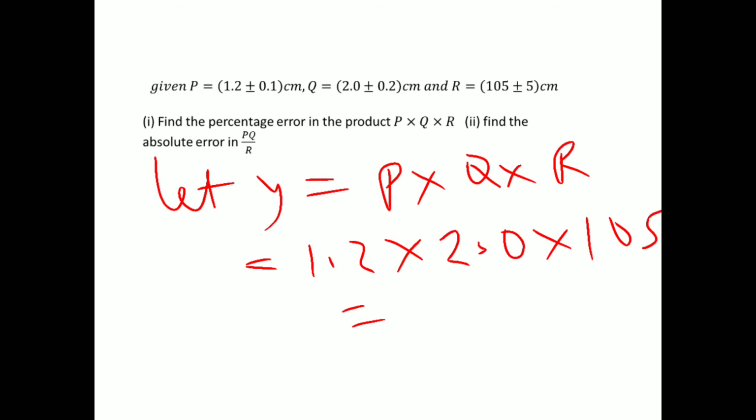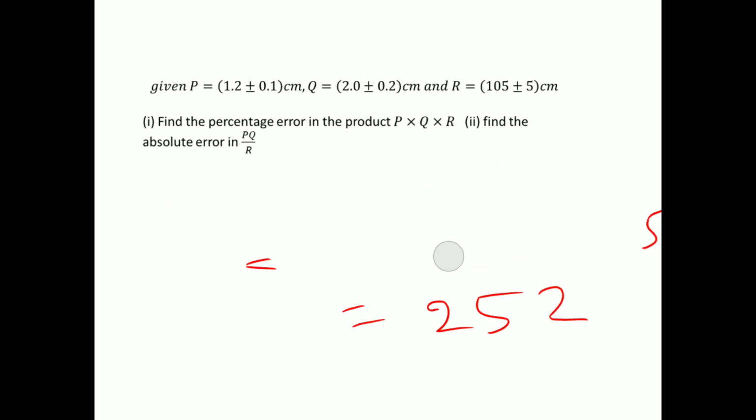Okay, so if we multiply 1.2 times 2.0, then times 105, that will give us 252. So please, we can write that down. So your y, sorry, is 252. Now we'll have to calculate the error in y. Now because P, Q, and R are multiplying each other, then my error in y is going to be, I'm going to add up their relative errors. That means dy over y